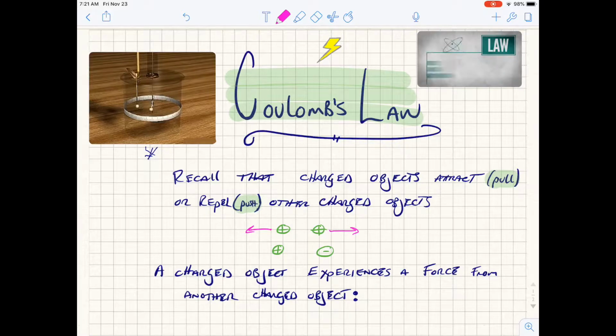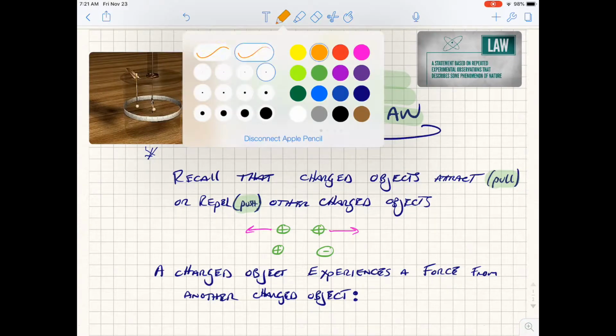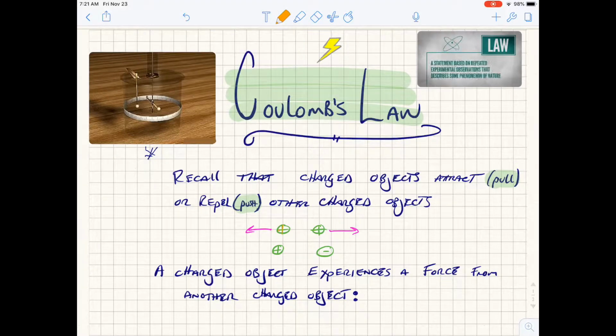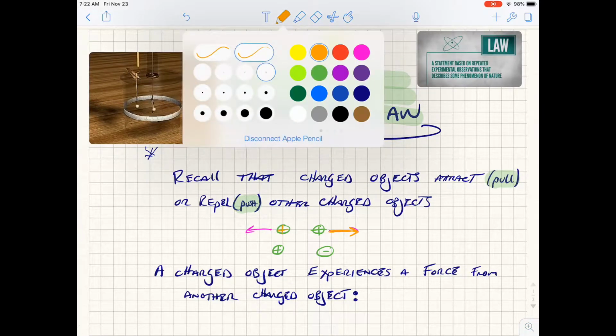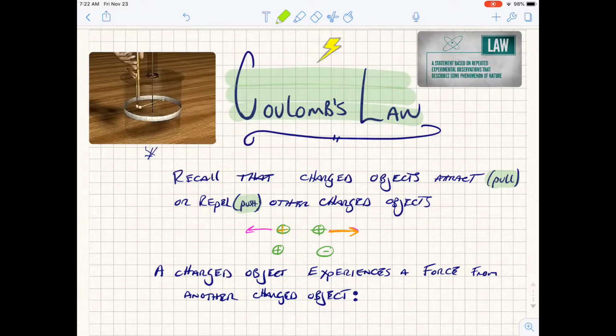And that means that the orange charge is going to apply a force to the other charge, and at the same time, largely because of Newton's third law, the light green charge is going to apply a force to the other one. So both charges experience a force from the other. And likewise, of course,